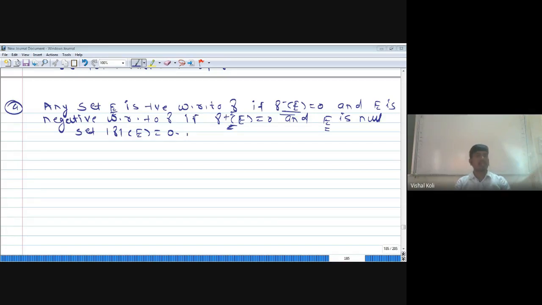That is, there is no measurable set having measure strictly positive and strictly negative. Then we say that the corresponding set E is a null set. So this will be one note for checking whether our corresponding set is a positive set or not. That is, if E is positive, then its negative part will be equal to 0. If it is negative, then its positive part will be equal to 0. And if it is a null set, then its total variation will be equal to 0.